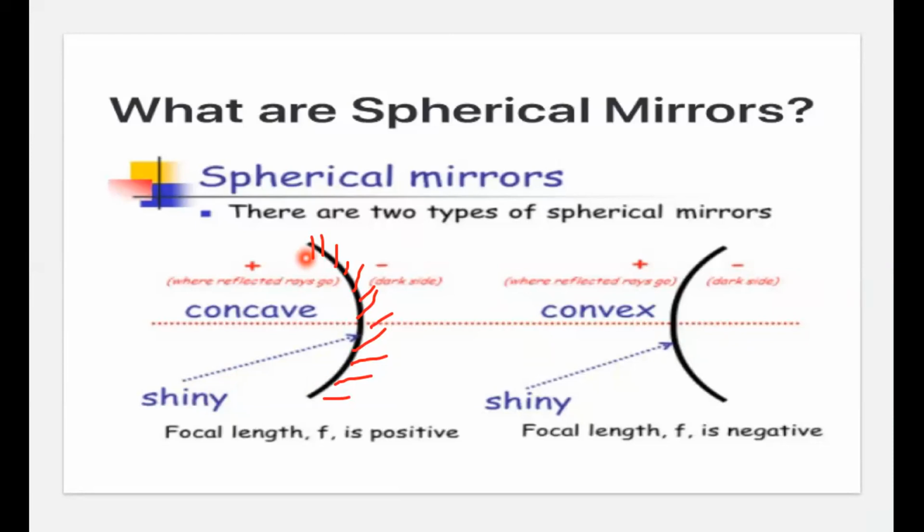But when we speak of a convex mirror, you can say the silver nitrate coating is being done on this side. Okay, so this is the silver nitrate coating which is being shown with the help of blue slanting lines, and the bulged out portion will be acting as a reflective surface. Definitely it is going to appear shiny. Why? Because the surface is polished over here.